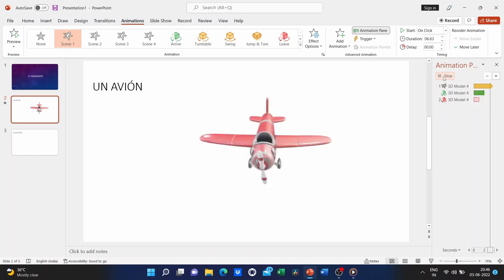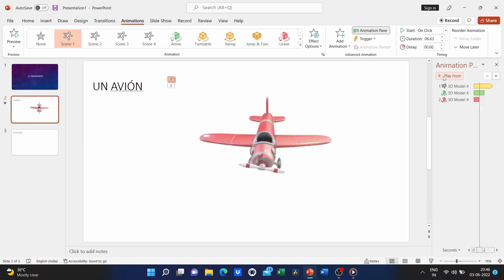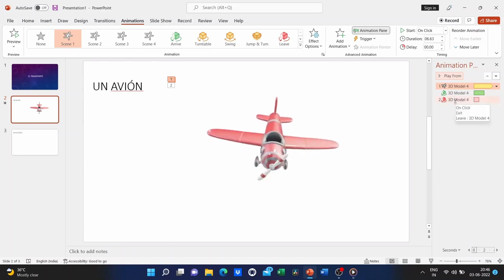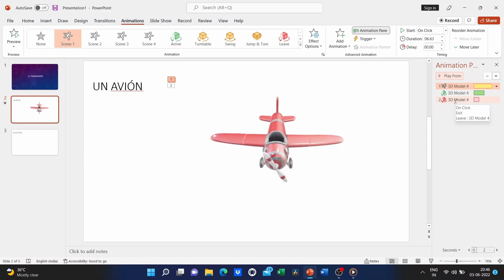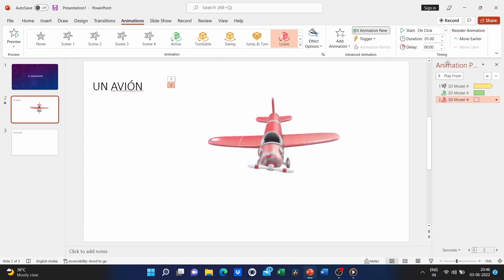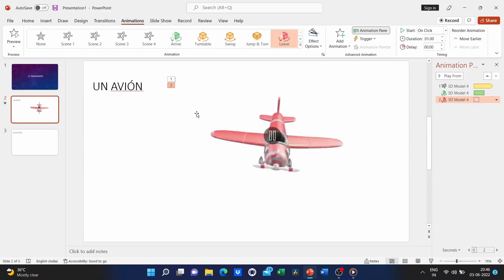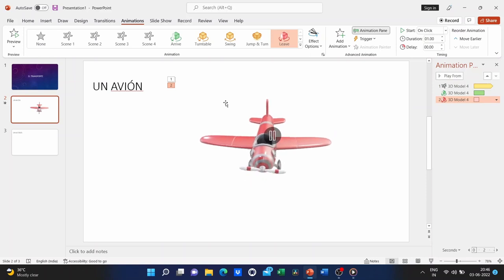Here it comes into another screen, and now it fades away. The leaf animation made it kind of fade away to the side. So I want to change some of the things about that animation. First of all, I am happy that this next one is on click. I want my students to be able to look at the animation, to look at the word for it on avión, and think about it for a minute. I don't want the airplane just to fly away immediately. I want it to wait until I click.